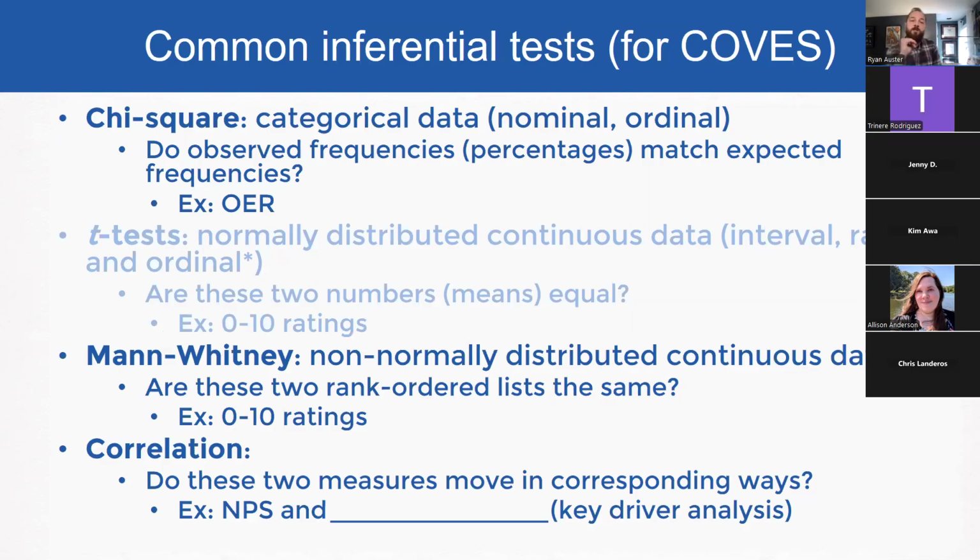I'm also going to talk about the Mann-Whitney test, the Mann-Whitney-Wilcoxon test, which has to do with non-normally distributed continuous data. So again, thinking about those distributional patterns that I put up before, we don't really see the bell curve. We see a skewed distribution, so we need a non-parametric equivalent.